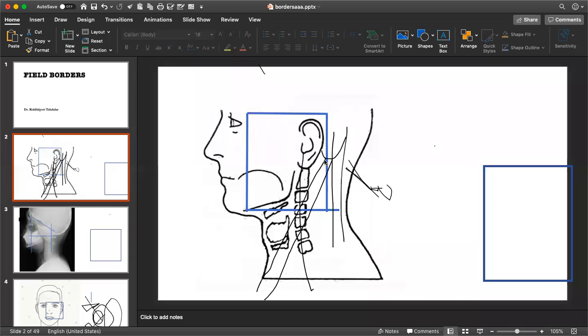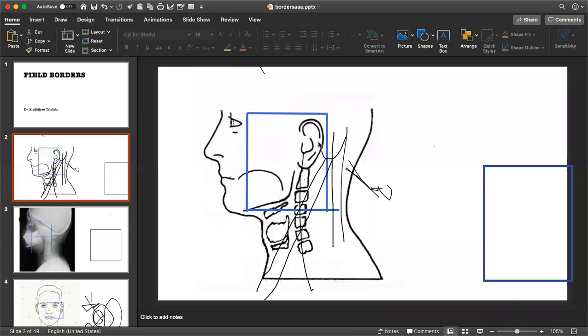So for thyroid, if you look at the target volumes, if there is microscopic disease that's only at the thyroid bed, then you include the thyroid bed with a 2 to 3 centimeter margin. If there is macroscopic residual with nodes involvement, then you include both the thyroid bed and level 2 to level 6 nodes bilaterally. And in case of medullary or anaplastic carcinoma, inferiorly you go up to around level 7 nodes.